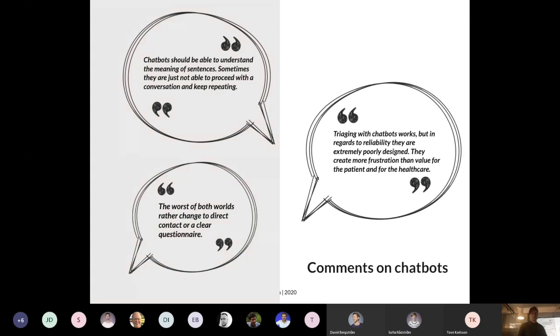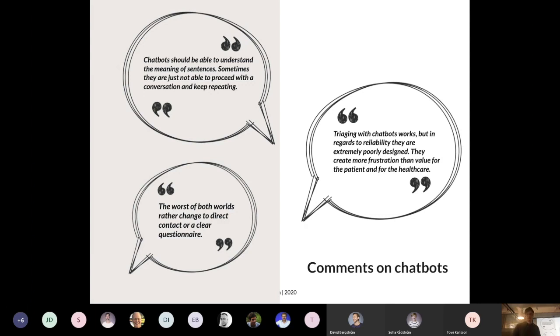I asked for comments in the survey about chatbots and what people think about these services, both positive and negative. One quote was that triaging with chatbots actually works, but in regards to reliability, they are extremely poorly designed.